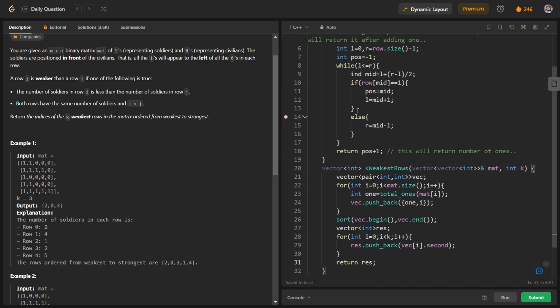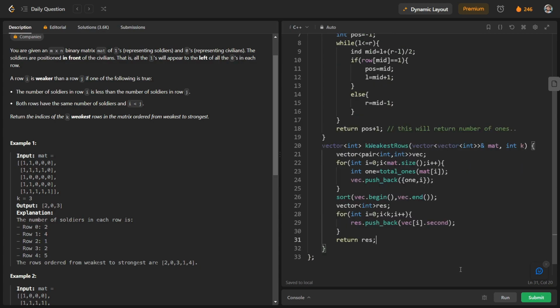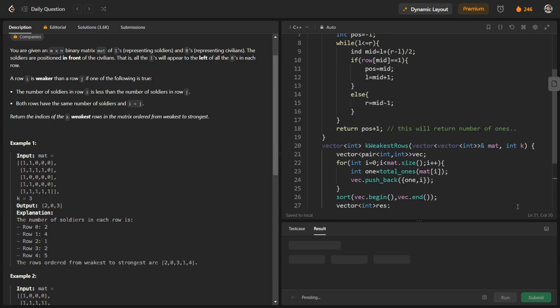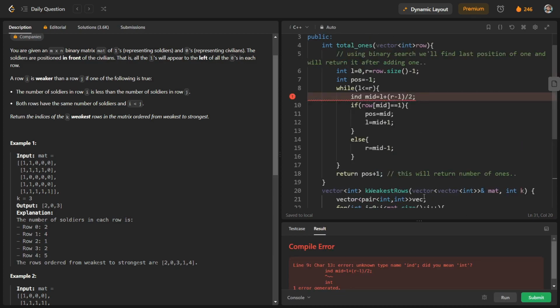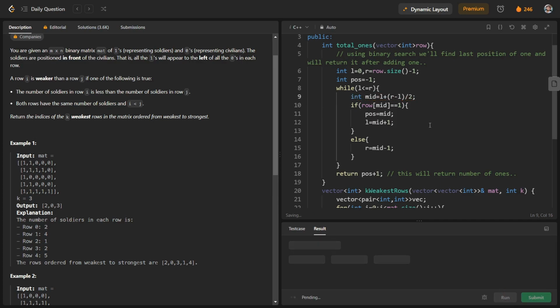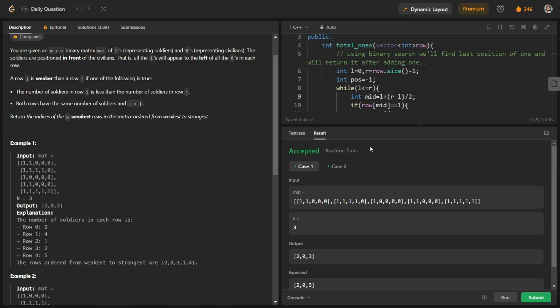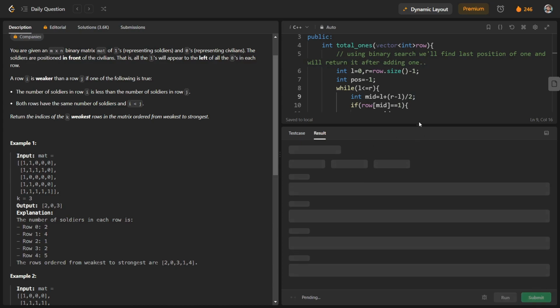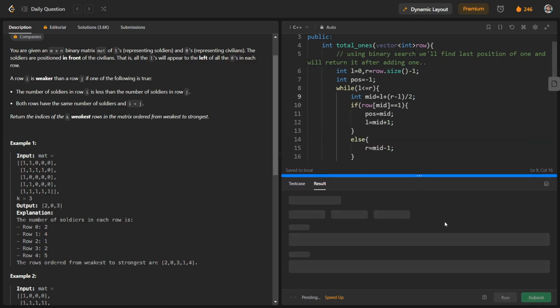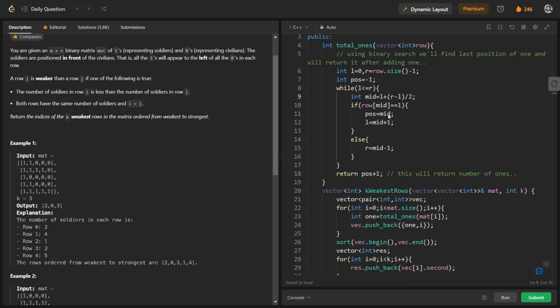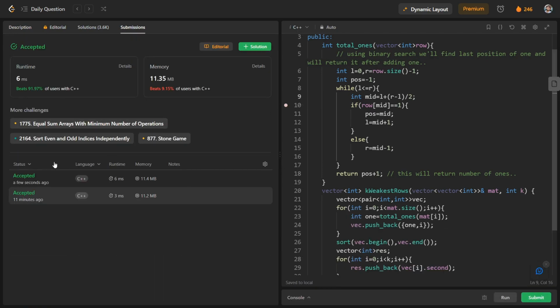So this is the code, and let us see whether the code runs or not. So here there is one mistake. Here I have to write int, it is not end. So you can see that both the test cases are passing. Let us see for main cases. Yeah, all the cases are passing, you can see that.